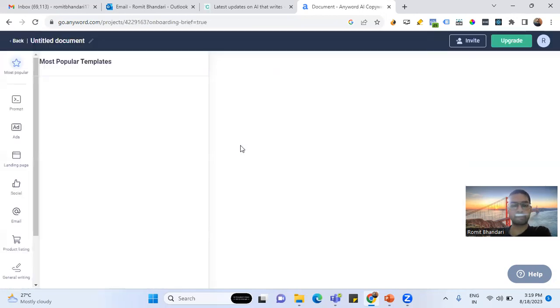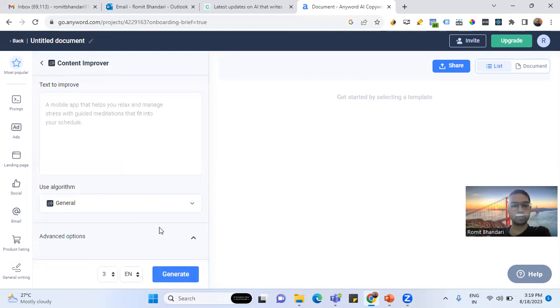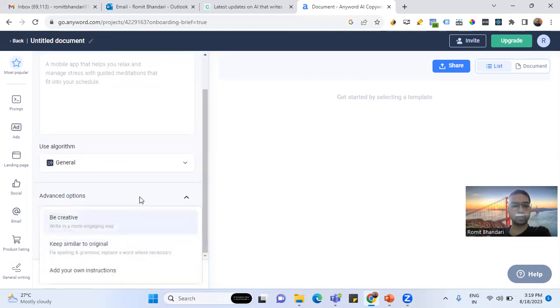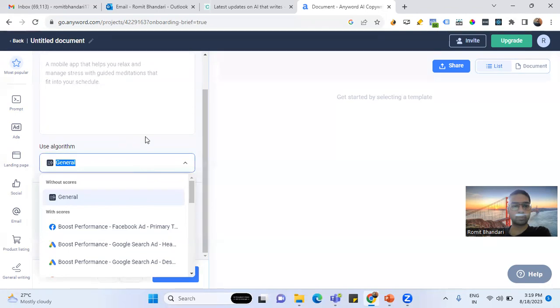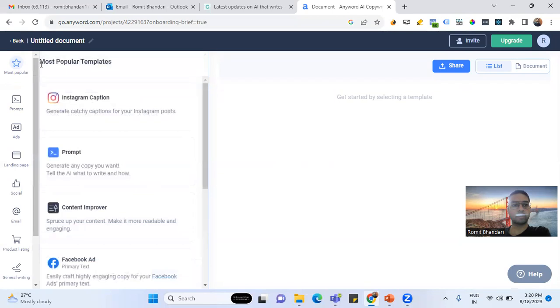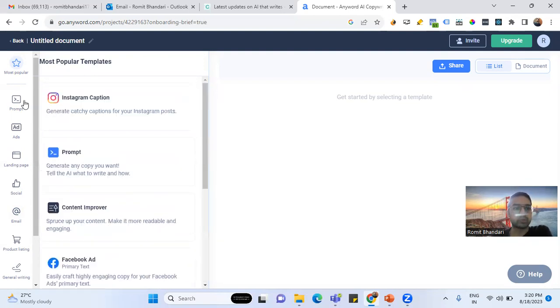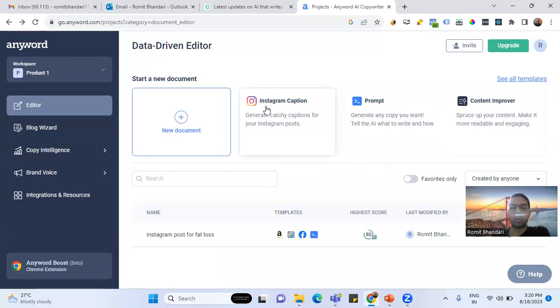Okay. Somewhere there would be an option to use the brand tone or brand messaging which we just saw, which is, I think, something which we can explore. Okay, but overall, it seems a really good tool for content writing,